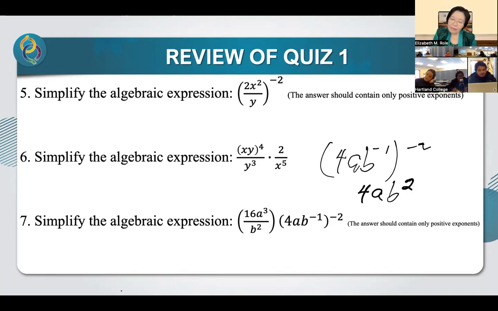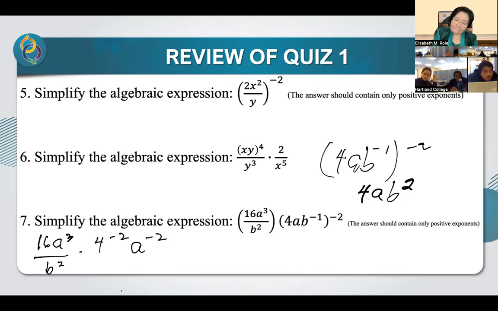So maybe you can distribute. What you can do is, say 16a cubed over b squared times 4 to the negative 2 a to the negative 2 b squared. That is now removing that negative 2 outside there. You distribute your negative 2 to each of the elements for 4ab to the negative 1. And then you put it down below already. Okay? So you'll now have